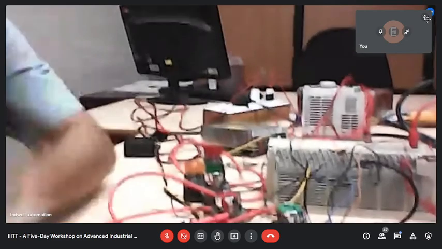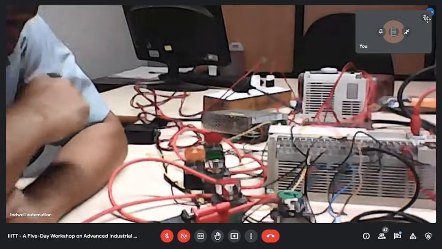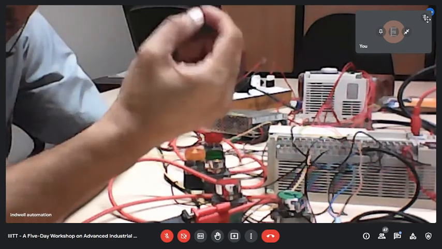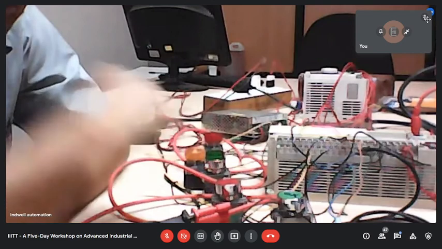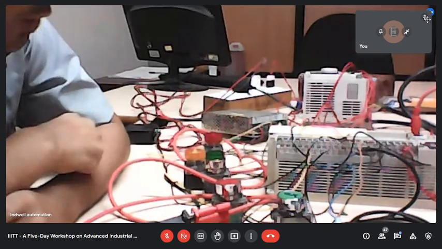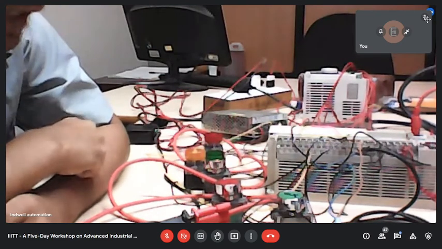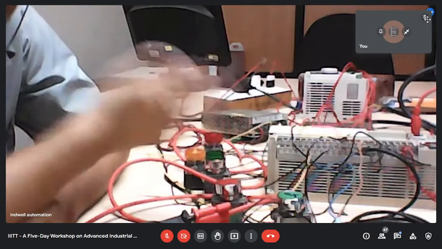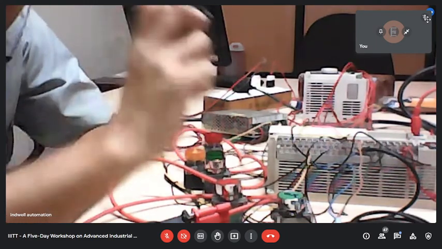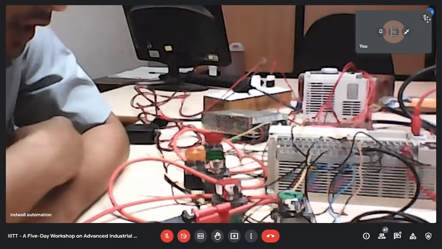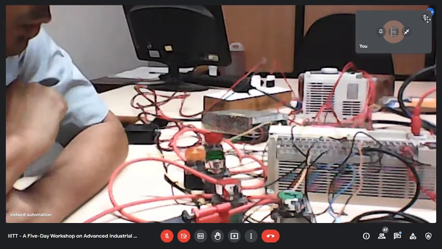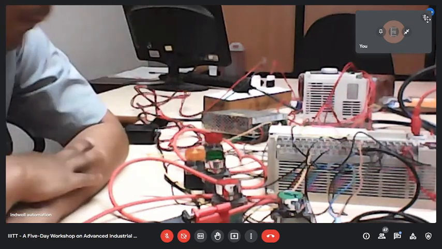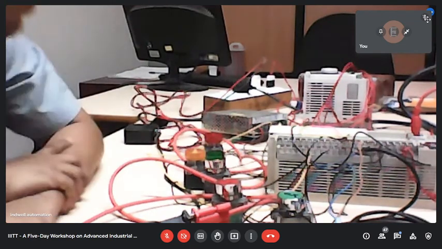Though first I would try to show you some problem so that you can learn a bit of troubleshooting also. It's not like that when you download your program, everything will be okay and it will run in one attempt. Some problem you might face. So let us face some problem, because in training, if you don't face problem, training is not proper. So everything should not be okay. Some problem should come. So I shall create some problem.